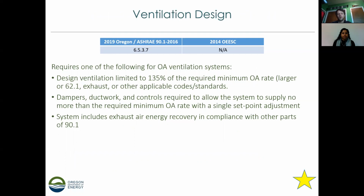So for ventilation design, there's now an upper limit for the maximum ventilation that you could have. I know there's sometimes a desire to increase the ventilation in a space, but now the energy code specifies that the outside air ventilation systems need to meet one of these 3 criteria: